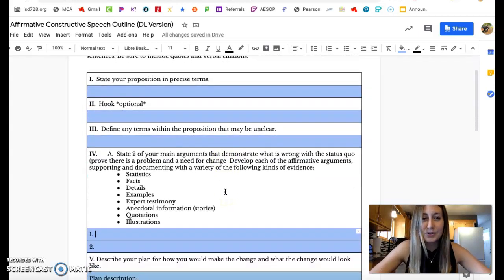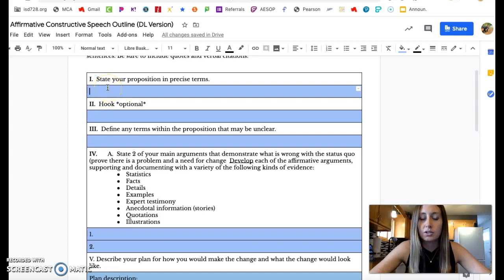So basically, when you start off, you write in the blue boxes. So when you state your proposition here, maybe it's animal experimentation should be illegal. Maybe it's marijuana should be legalized throughout the country. Whatever your proposition that you chose is, just write it here in the blue box, and that's how you'll start